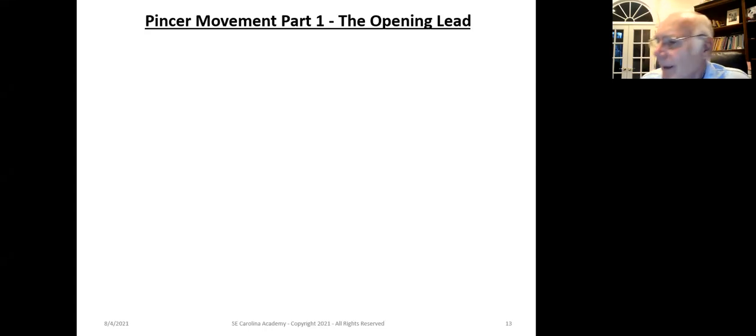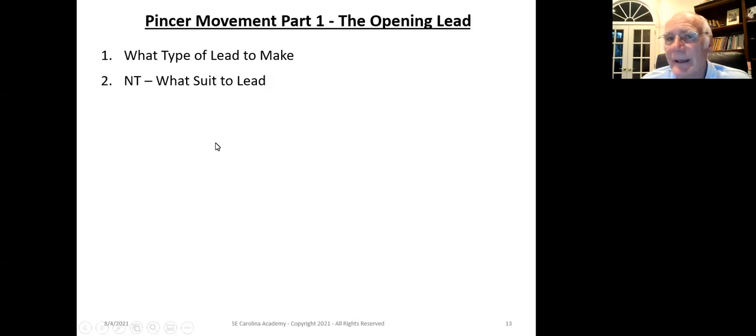All right, so part one of the pincer movement is the opening lead. Okay, the most important decision, the most important act of the war. Just like the first battle in the war is typically the most important. Okay, so we're dividing this up into a set of lessons. The first one is what type of lead to make. The second is what suit to lead. Then what card to lead. All right, now